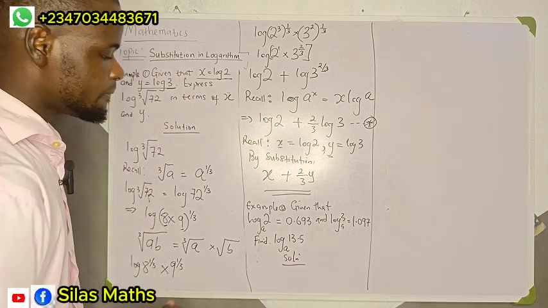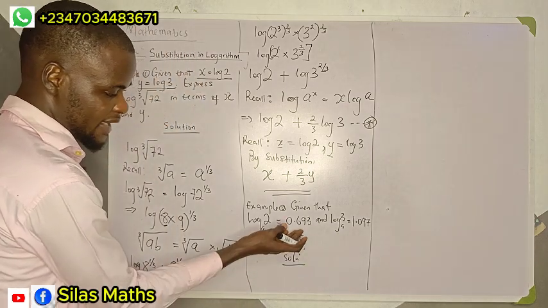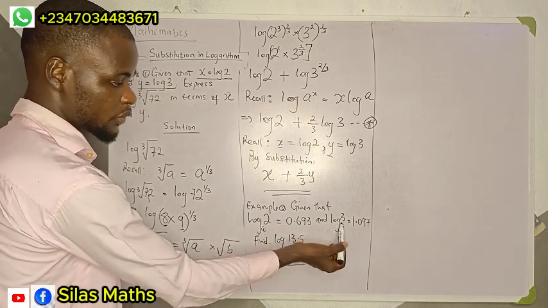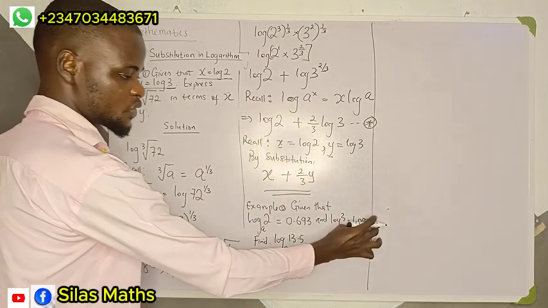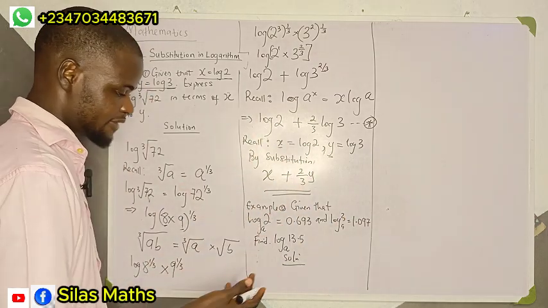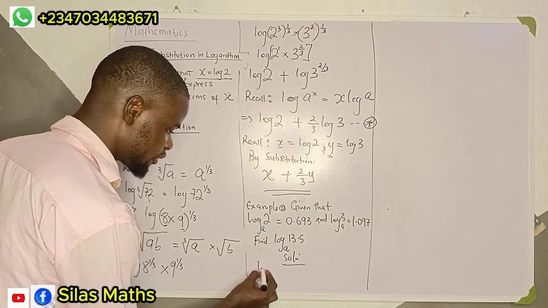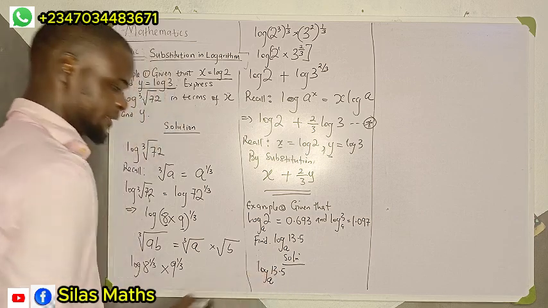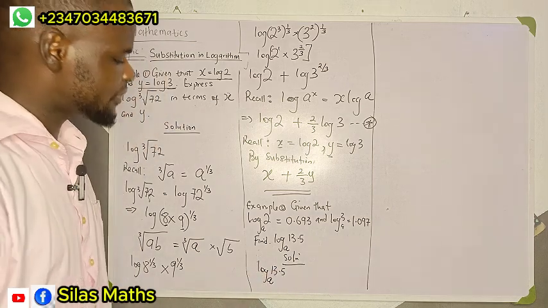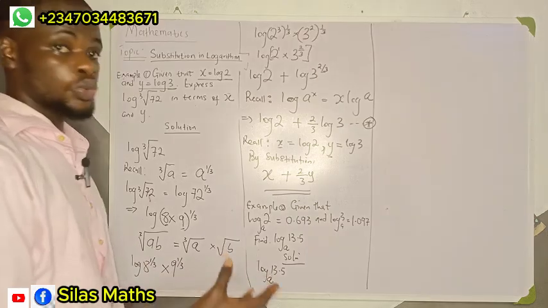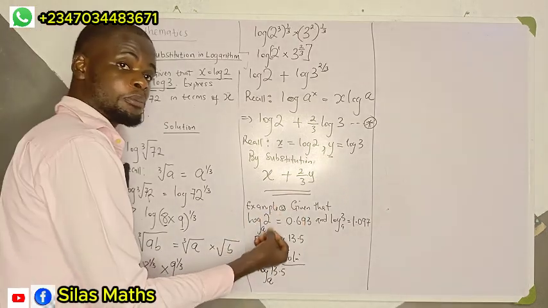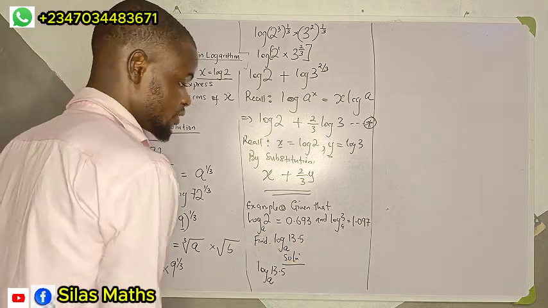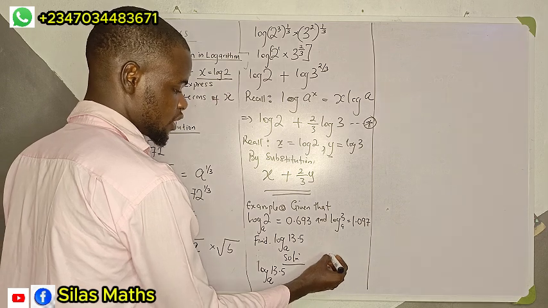We are going to use this to arrive at a point where we are going to have log of 2 and log of 3. At the end of the day, we substitute for the values and then simplify further. But the question is that we have log 13.5 base a. Can I express 13.5 in such a way that I'm going to have multiples of 2 and 3? That's the question, because I know that 13.5 could be expressed as